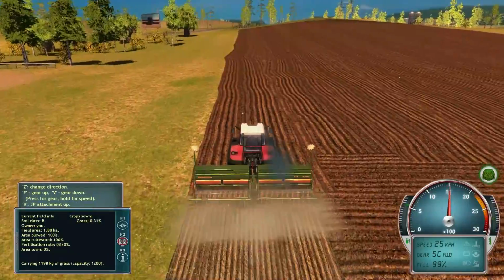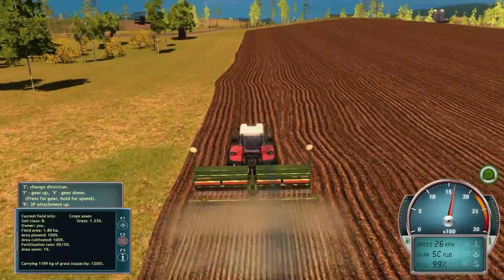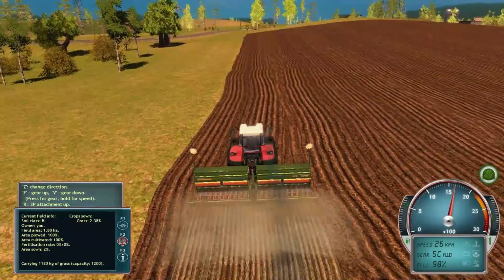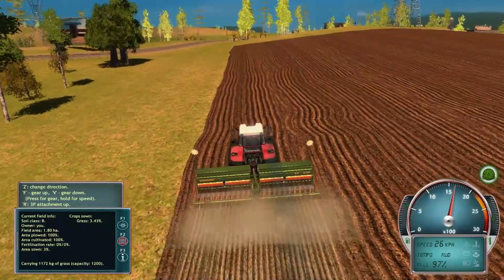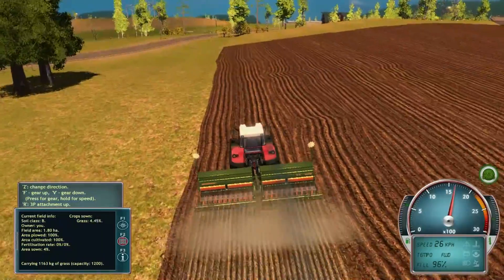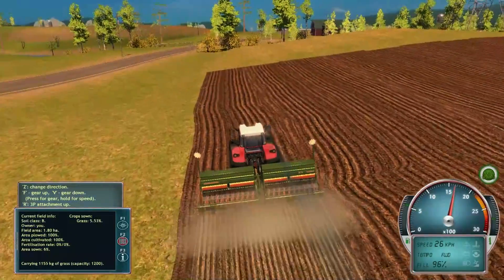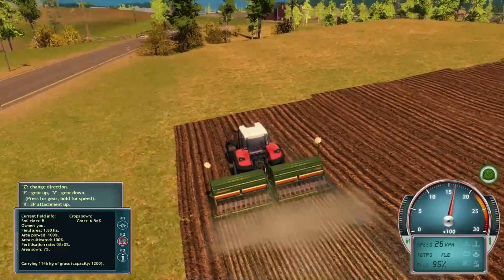And we should probably go in a forward direction. Interesting, the game actually won't let you go backwards with the seeder. Actually, most implements it won't let you go backwards with. That's also true if you try to plant in the wrong season. It won't let you move if you try to plant in the wrong season. I'm not sure about cultivating or plowing so much. I've never run into an issue with that, but...